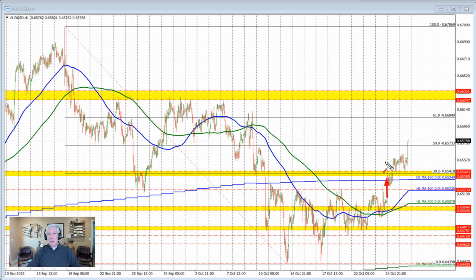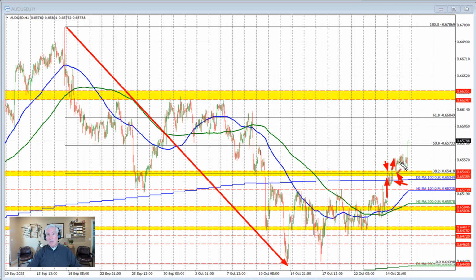However, we came into the 38.2% retracement of the move down from the September high to the low price that we saw in October. It found willing sellers against that level and then traded above and below the 100-day moving average, that's the blue line in the chart, before extending to the upside in the European session and getting above that 38.2% retracement. What I like is the support held on the dip right through here, right at that level.